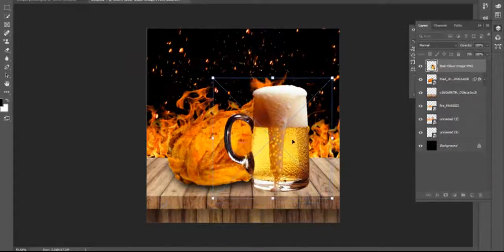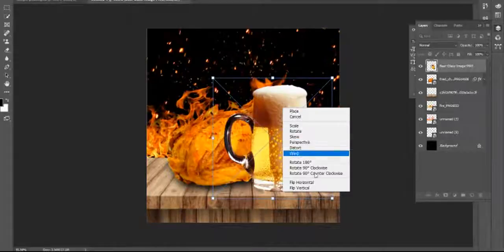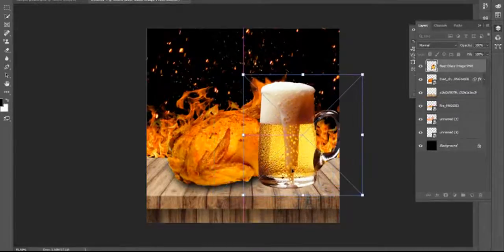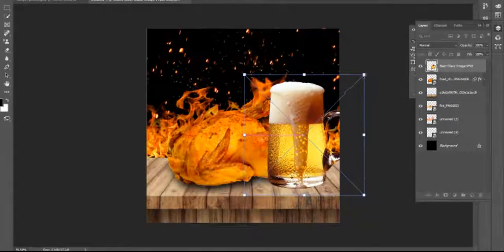I want to flip the image, I mean the glass handle will be on my right side. So I just right click on it, and here is an option called Flip Horizontal. So simple, right? Yes, Photoshop is so simple, you can do it easily.